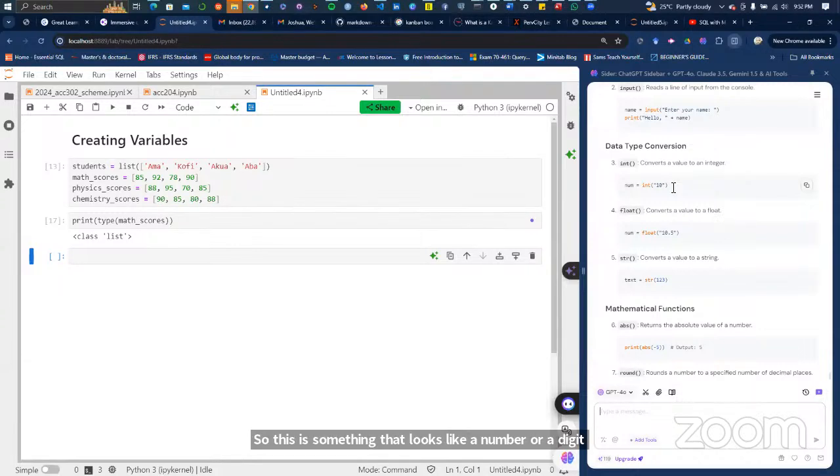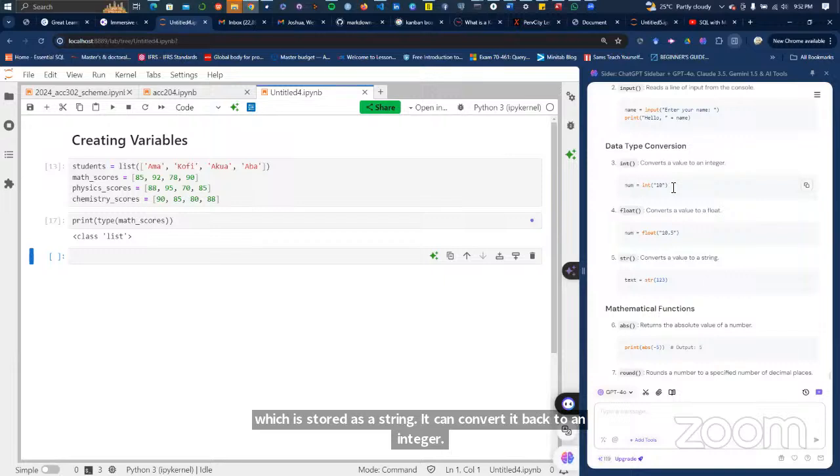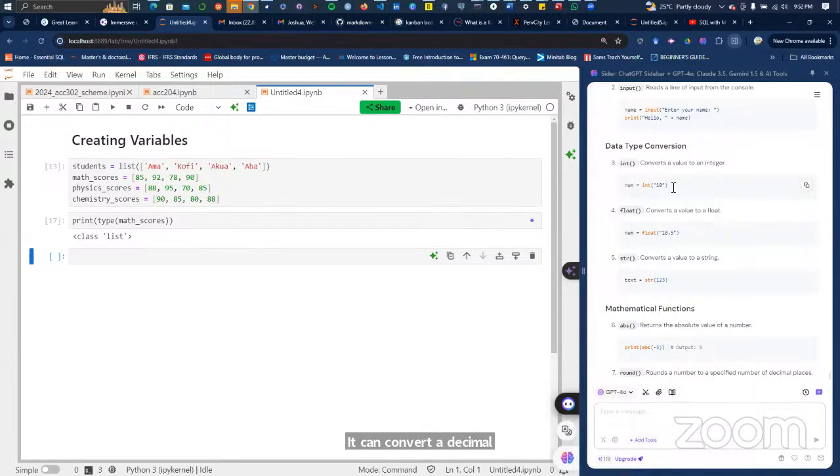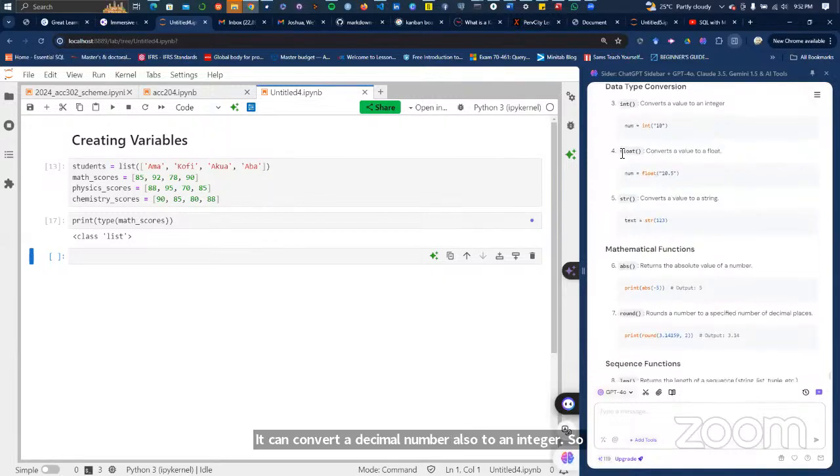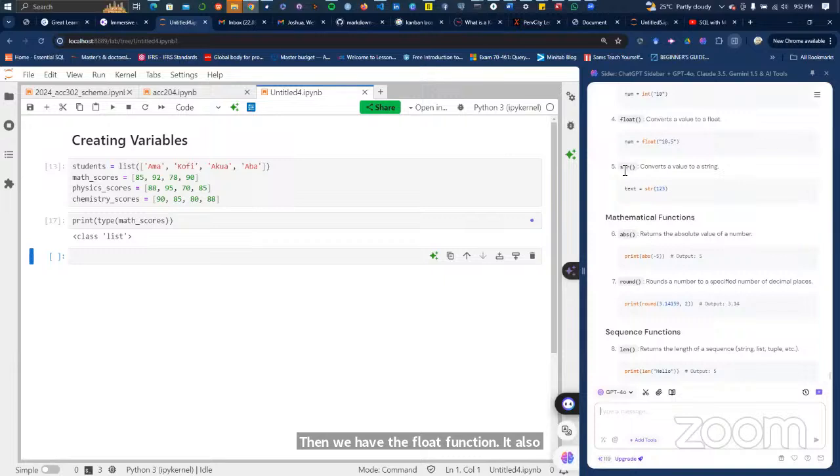It can convert a decimal number also to an integer. Then we have the float function. It also converts stuff into floats. Then we have the str function, which converts, for example, 10, which is numeric, to 10, which is a string.